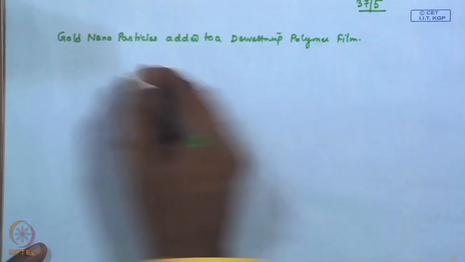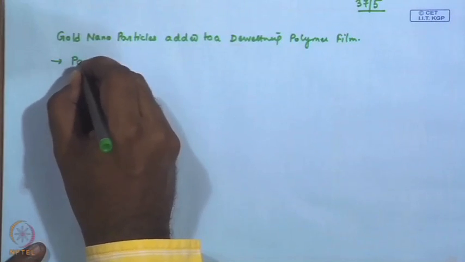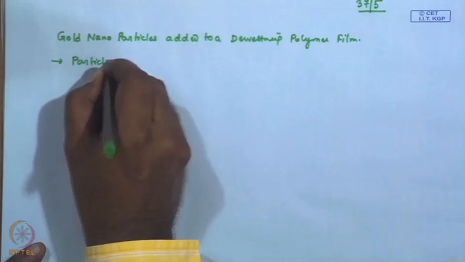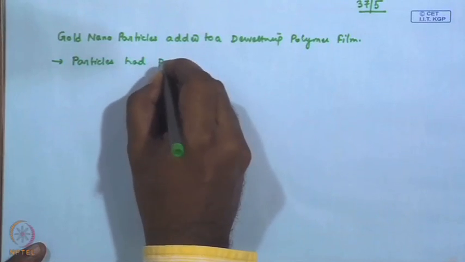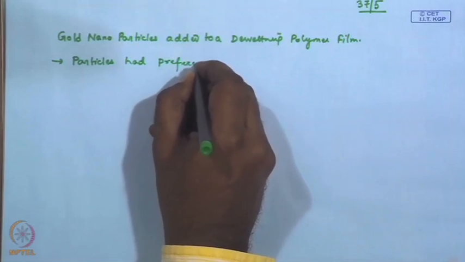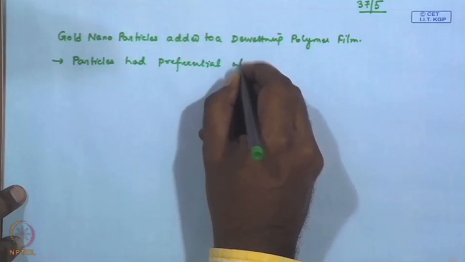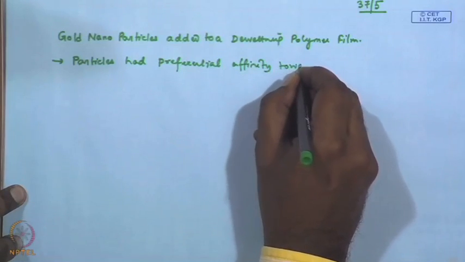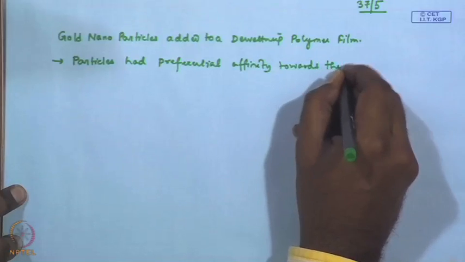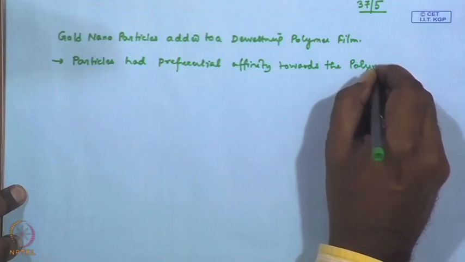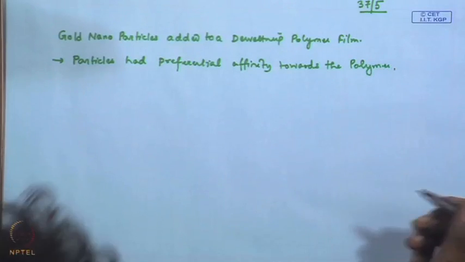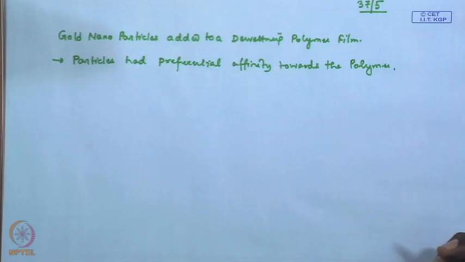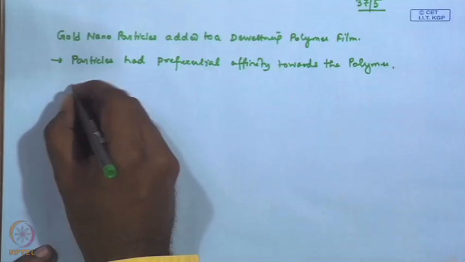Here the interesting aspect was that the particles had preferential affinity towards the polymer. So, unlike the previous case where the particles phase segregated to the surface, here the situation was such that the particles preferred to remain within the polymer matrix, and it was seen that depending on the